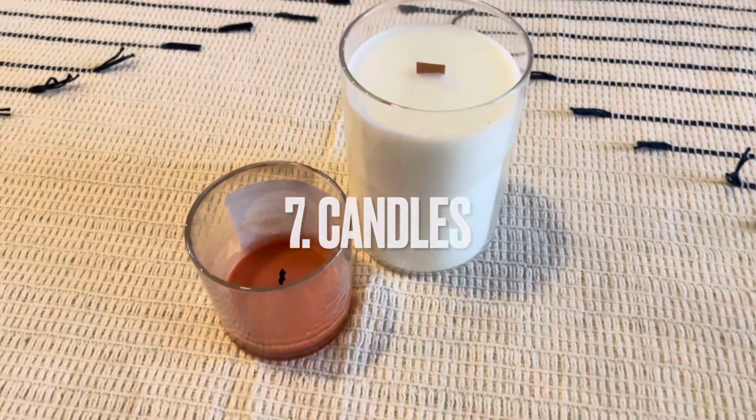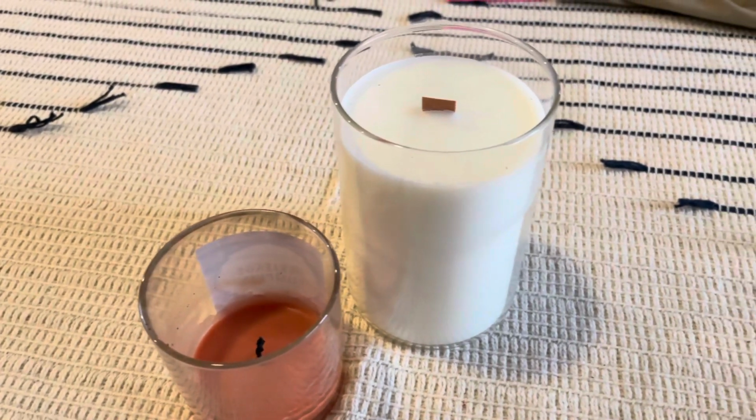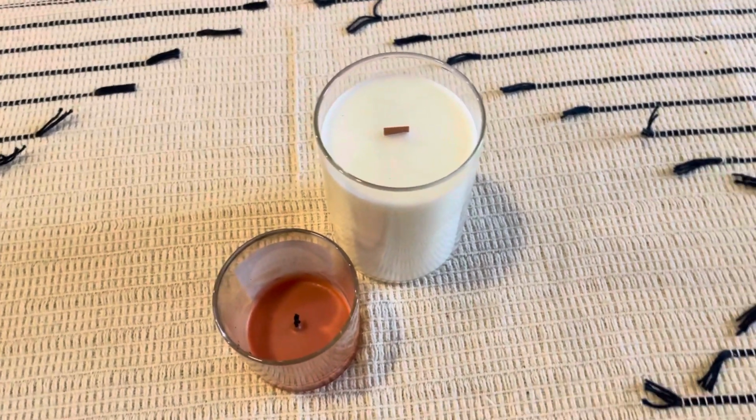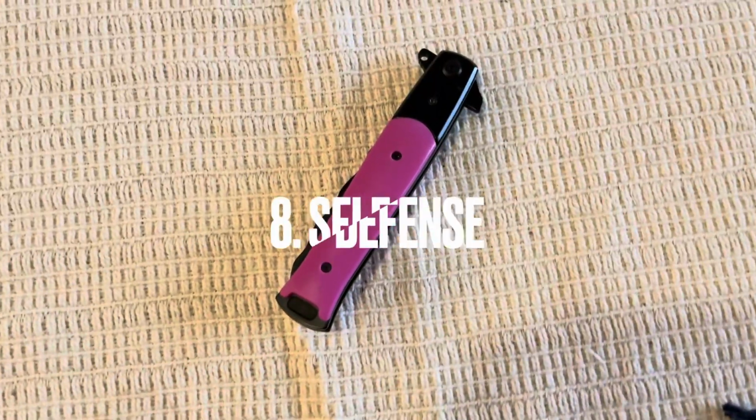7, candles. It has its own category because I have a bunch of them. In the event that we needed to stay in, I would want candles in case our power went out. And the last step,